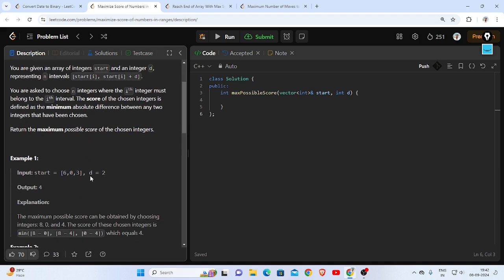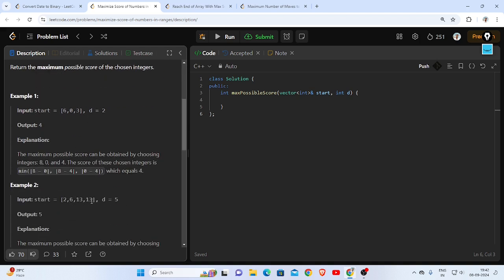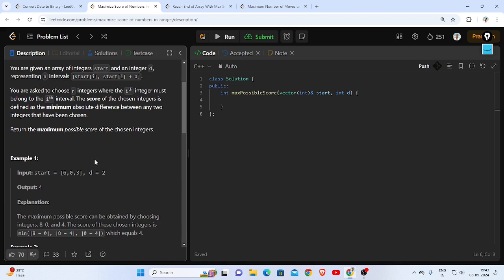So if we have 2, 6, 13, 13, then 2 to 7, that is 2 plus d, is going to be one interval, 6 plus 5, that is 6 to 11, is going to be another interval, 13 to 18 is another interval, 13 to 18 is another interval. So for each interval, we choose one value such that the minimum absolute difference between those values can be maximized,